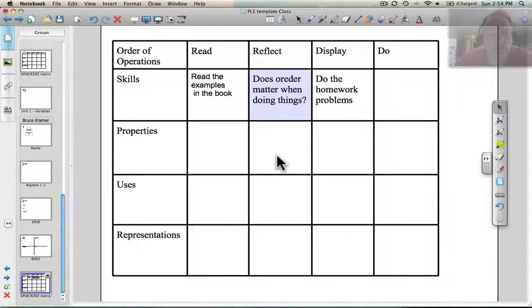You also might reflect on how can I set up my personal learning environment to help me better do my math. So there are all the things that you can work at putting together. So one other page, I need to add a new page, so I come up here,